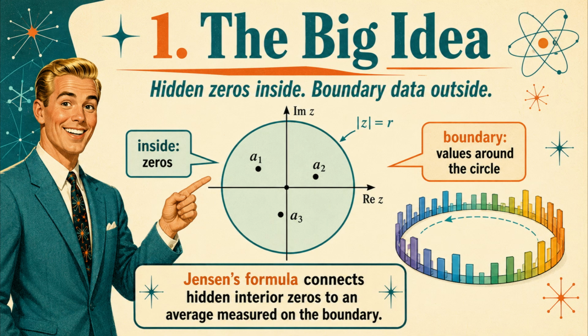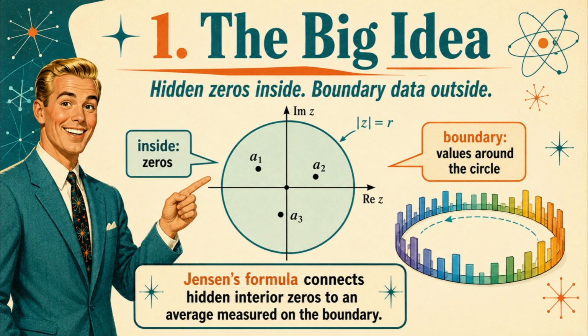Let's go to idea one, the big idea. Jensen's formula is about a hidden connection between the inside of a circle and the outside edge of that circle. Inside the circle, there are special points called zeros. A zero is a place where the function becomes zero. These zeros are hidden inside the disk, but on the outside edge, we can measure the size of the function